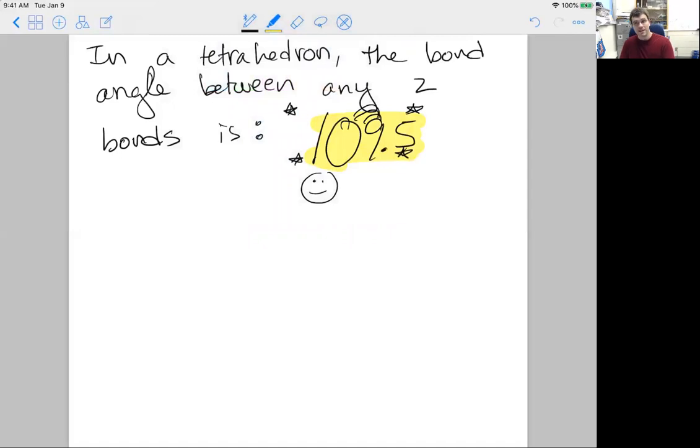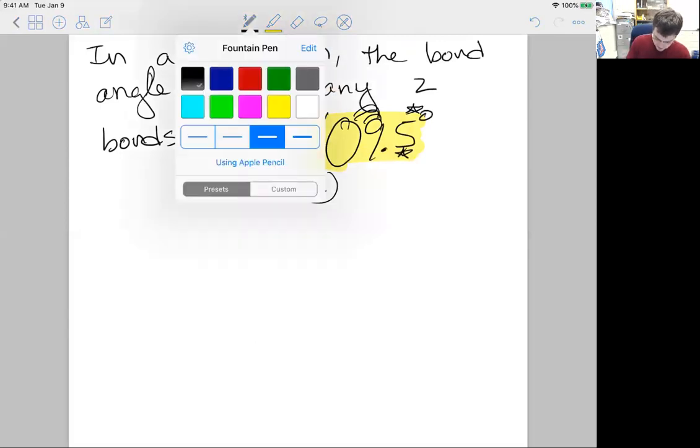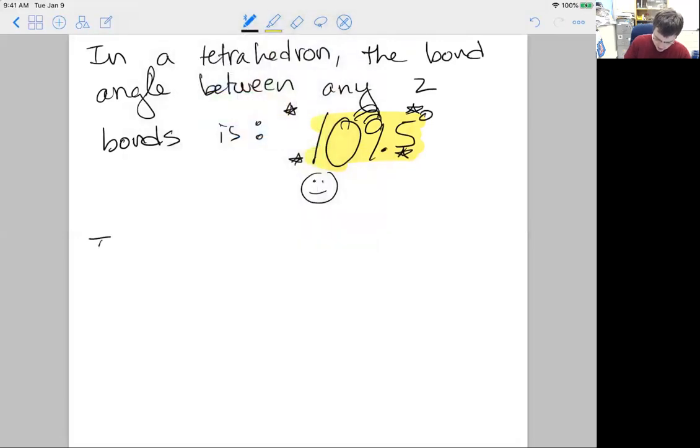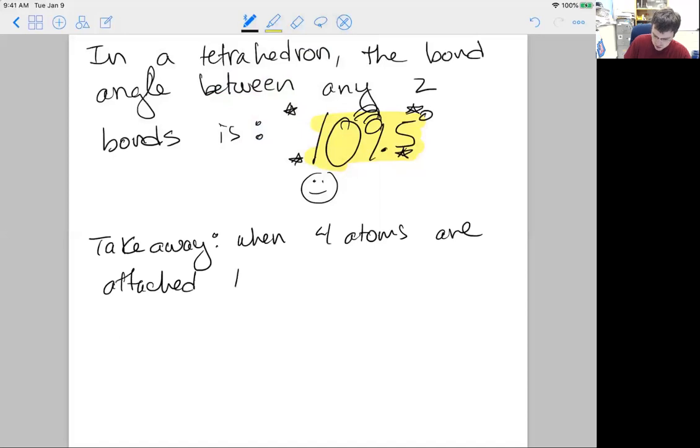I realize that me asking you this number this semester doesn't have as many ramifications because you can just look it up, but this is a number you will need to know. 109.5. Okay, so let's revisit the takeaway from all of this. The takeaway is that when 4 atoms are attached to one central atom,